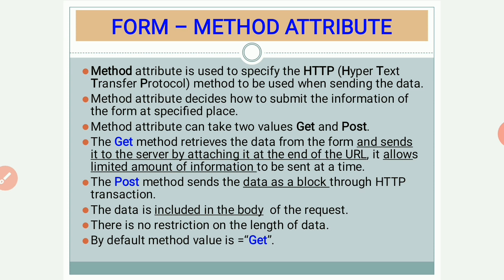Text box is created by giving text as a value to the type attribute of input tag. That is, in input tag the first attribute is type. In that specify the value text to insert text box in the form. A user can enter any data of his choice in the text field. That is, he can enter alphabets, numbers and special characters in this text box field.